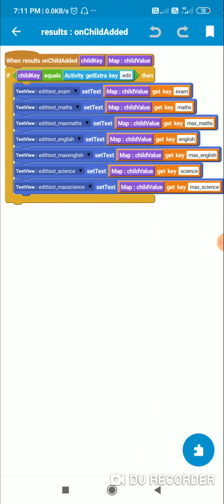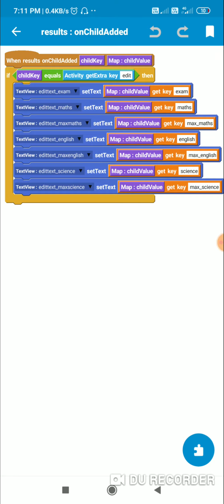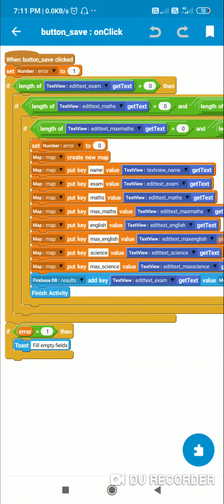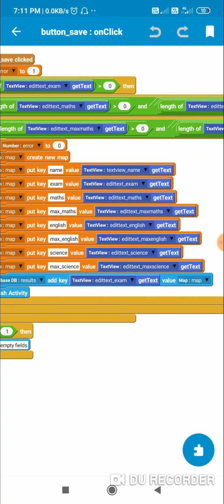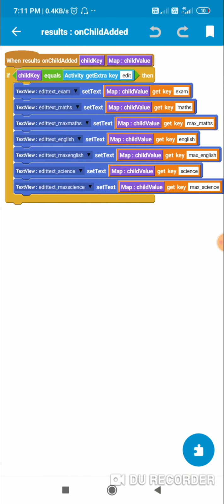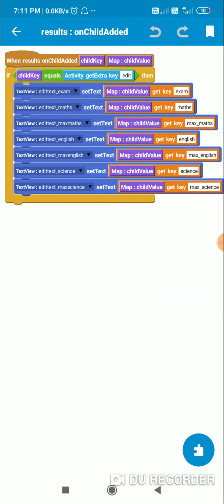So here I check if the child key equals activity get extra key edit. Okay, this is the exam. I'll just show you this button. So when button save is clicked, I send all the data to Firebase with key edit text exam get text. Okay, so if I set the exam as a key for the complete data, so if that key is equal to the exam which the user has selected, okay, there can be multiple exams, so user will select any one exam.